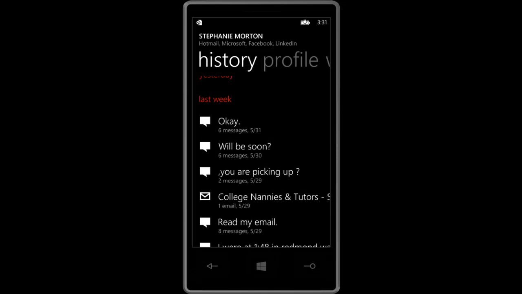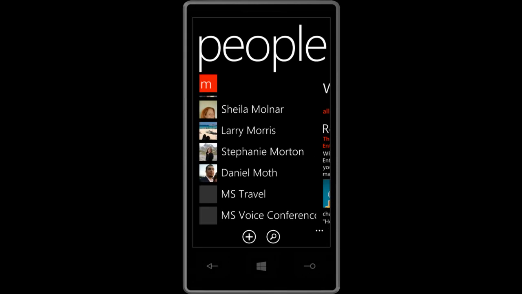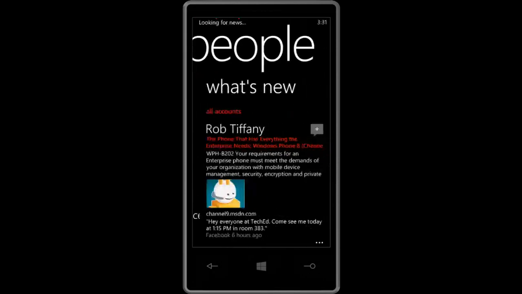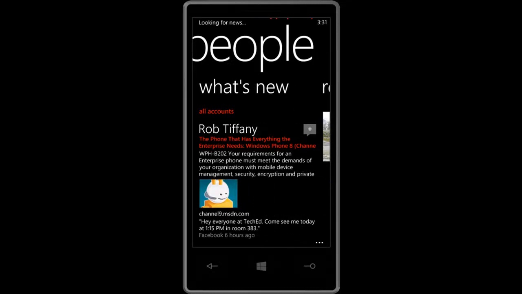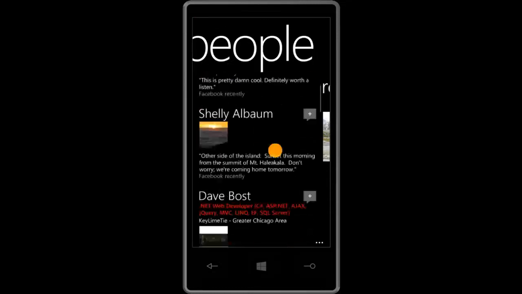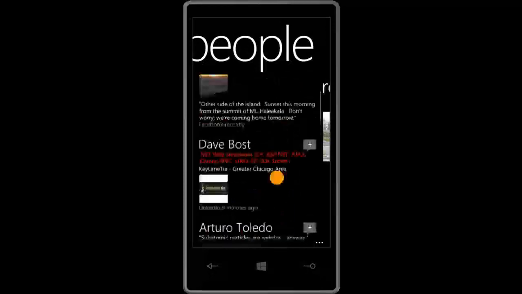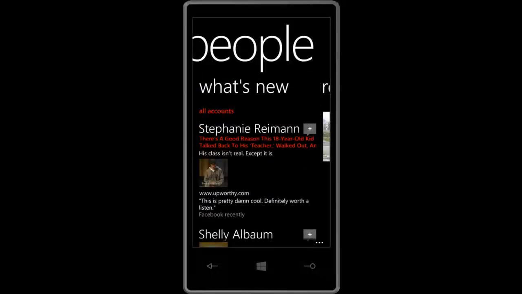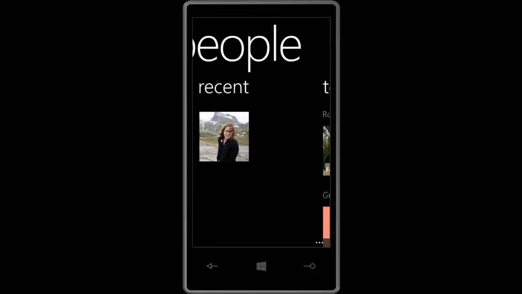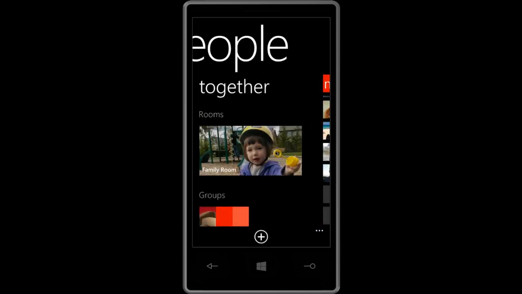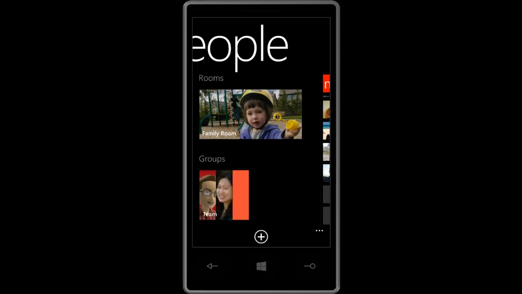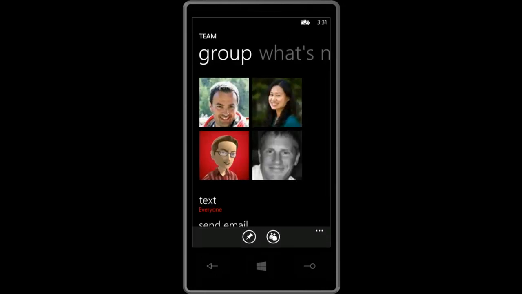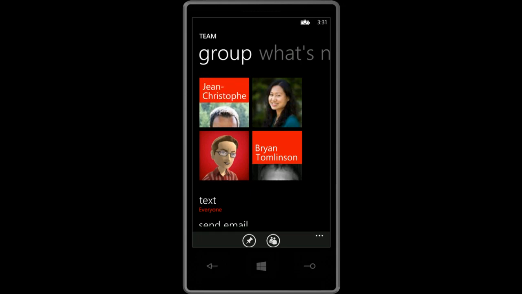So we're creating a streamlined approach suitable for the mobile device in a compelling sort of interactive manner with these subtle animations, which are interesting. So here's what's new: all the social networking activity concatenated together for everyone. And then recent is showing who you've looked at recently and contacted recently. The final one here, which is very interesting, rooms and groups. Groups is where you can just put together a set of people and then see that set of information and contact that set of people all at once.